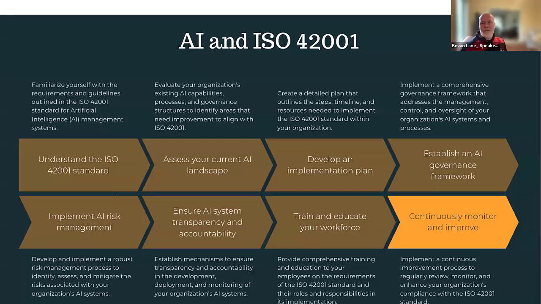And so you can do this in different ways. I'm not sure you always have to have a separate thing for everything, but you could if AI is your business, for example. Risk management, next level: go and understand those risks, look at the controls, make sure you're doing things in a transparent and accountable way, train and educate your workforce, make sure people know what they're doing and how to do it and why they're doing it. And that last one, continuously monitor and improve.